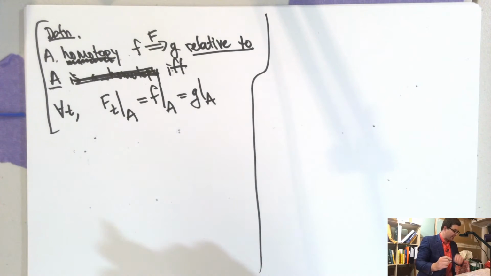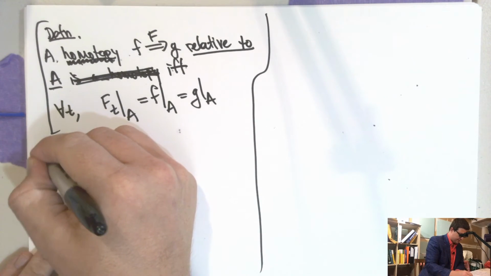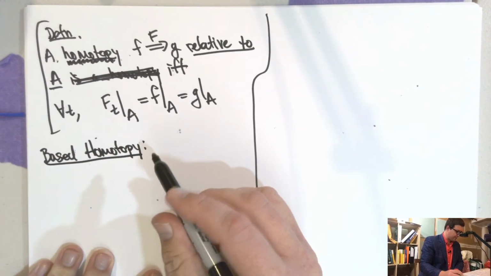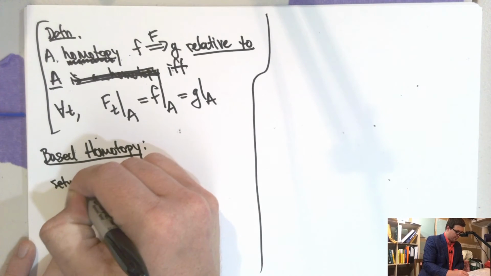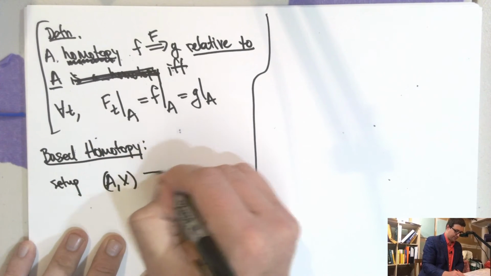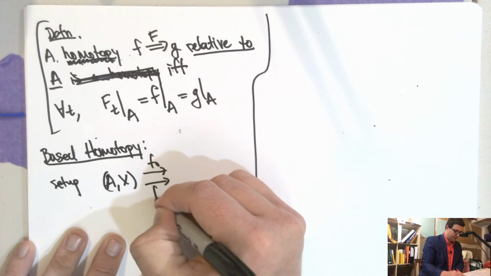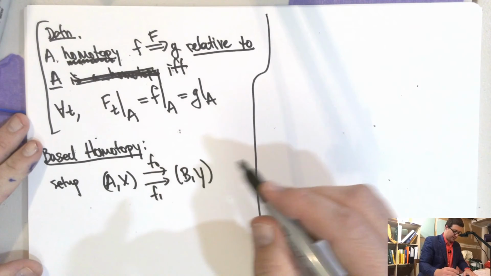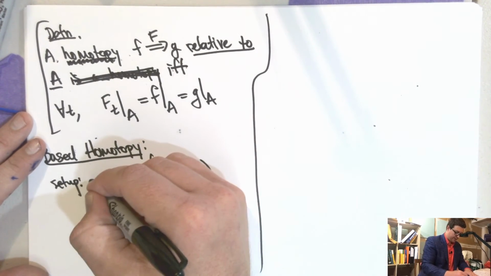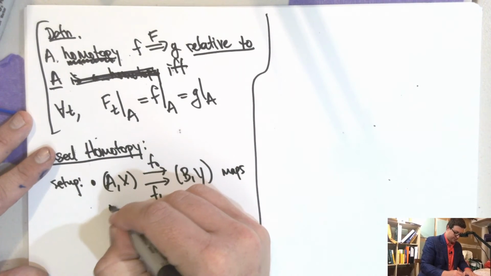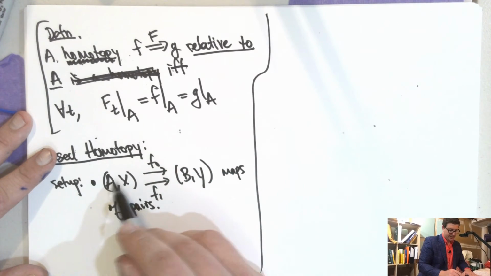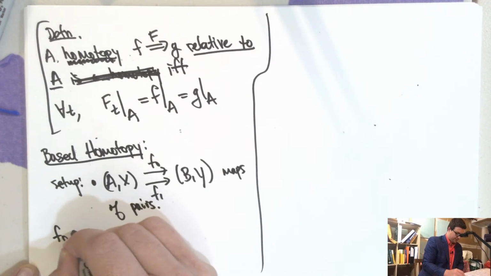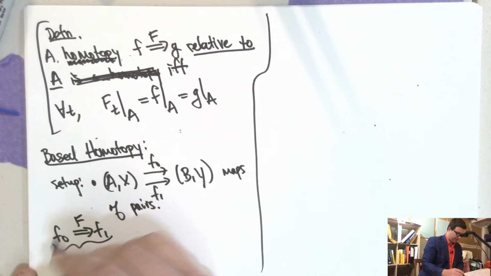Okay, so that's a relative homotopy, and then there's another thing called a based homotopy that we'll need. So what's a based homotopy? The setup is the same as before. We get a pair of maps. Well, not the same, sorry, this is different. We can have F0 and F1 in the category of topological pairs, so these are maps of pairs. This means that this thing has to be in a subset of that. So these are two maps, F0 and F1, and this thing is called a based homotopy